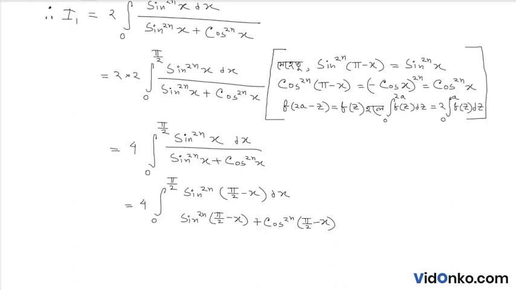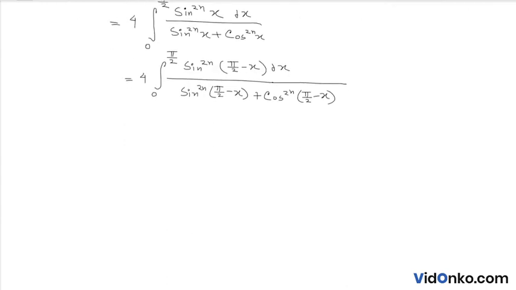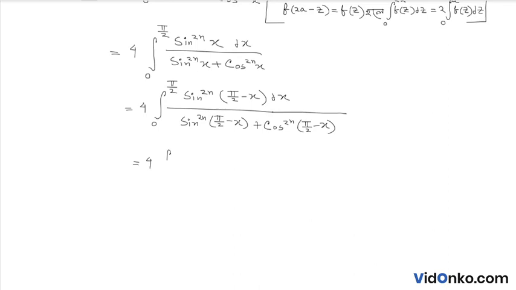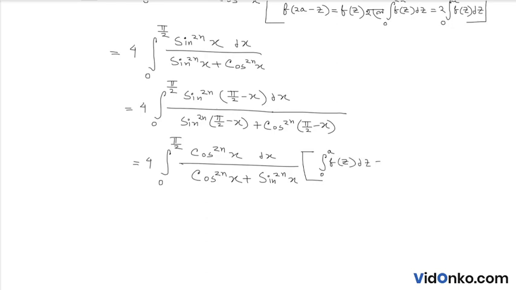তাহলে আমরা এখানে কি পাবো, 4 integration 0 to π by 2 cos to the power 2nx by cos to the power 2nx plus sin to the power 2nx dx। এখানে আমরা কি বলতে পারি, integration 0 to a f(z) dz equal to integration 0 to a f(a − z) dz। এই নিয়ম অনুসারে আমরা এটিকে লিখতে পারি।